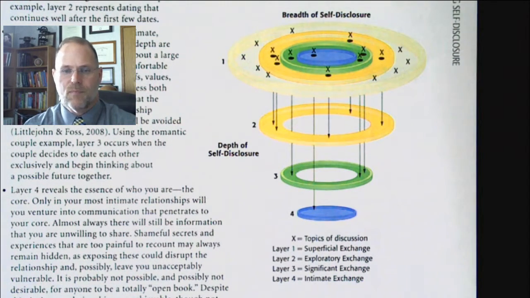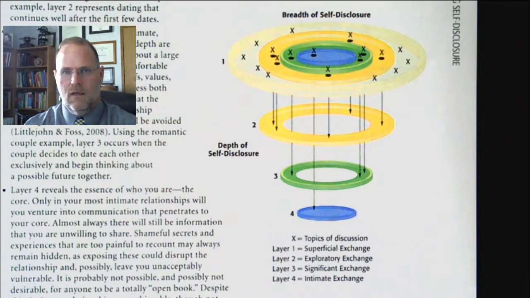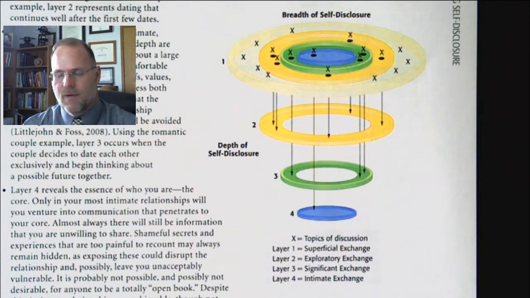Layer 2 here is exploratory exchange. This is where we're just kind of probing, kind of getting ideas from people of how old are you again? And where'd you grow up at? And things like this. Those kind of information, trying to draw out some data from these people without getting too in depth, and also providing a little more data from yourself. One of the things I haven't talked about and I want to discuss, and that's the idea of reciprocity.